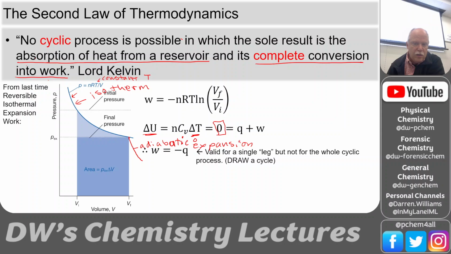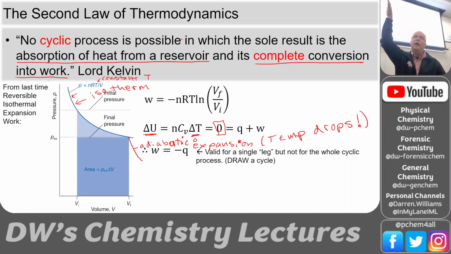And I'm going to put in parentheses, temp drops. So in an adiabatic expansion, the temperature changes. So we go from that hot reservoir down, the temperature starts to drop. We're expanding so much that we can't get any more heat out of the hot reservoir because it's going too fast or what. There must be some mechanism where this isotherm, as you're coming down, changes to an adiabat and it drops steeper, and you end up changing temperature.